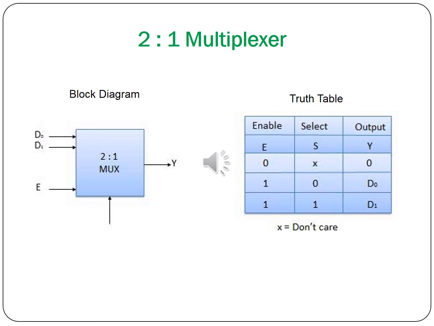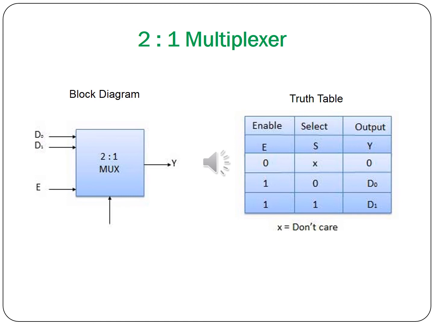When the select line is 0, the D0 line data is transferred to the output Y. When S is equal to 1, the D1 line of data is transferred to Y. If the select line and data lines are enabled, but the enable bit or control bit is not enabled, the multiplexer does not operate. The multiplexer only operates at E equal to 1. When the enable line is 1, we can select the appropriate value of 0 and 1, and the data D0 and D1 is transferred to the output. So this is the block diagram of the 2:1 multiplexer.